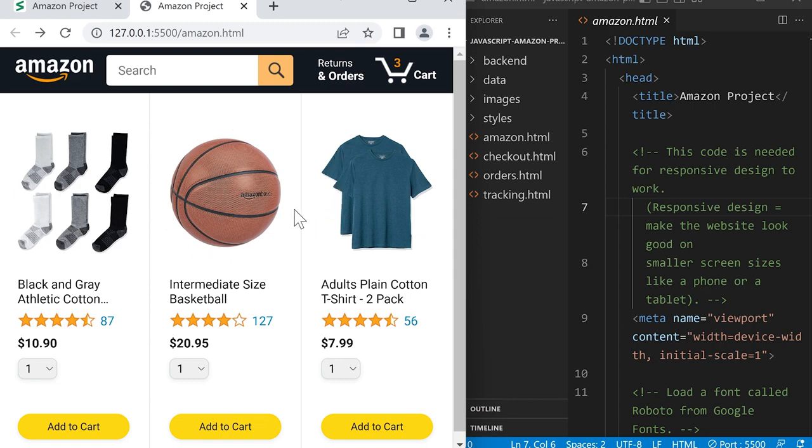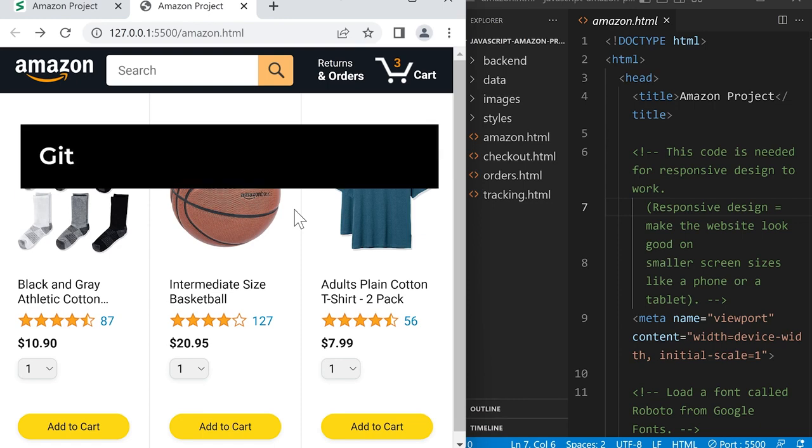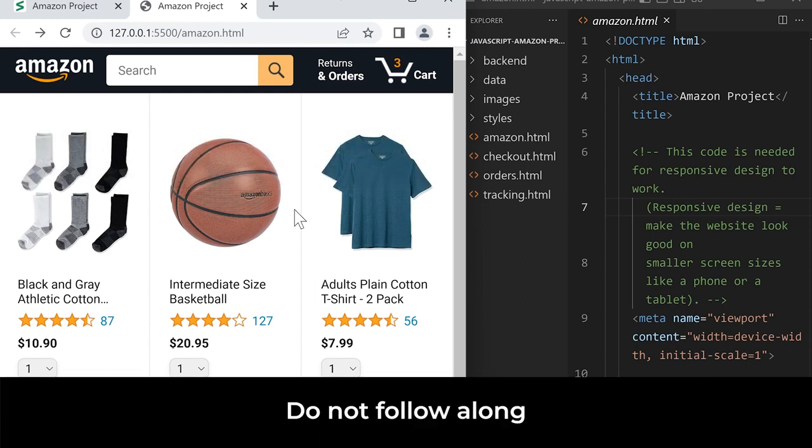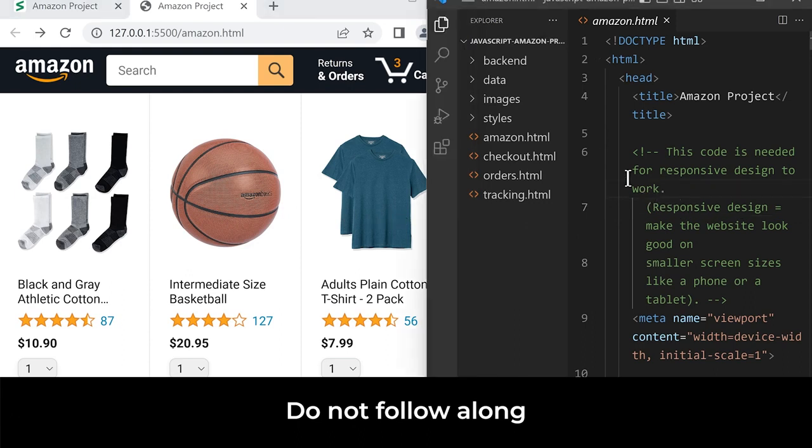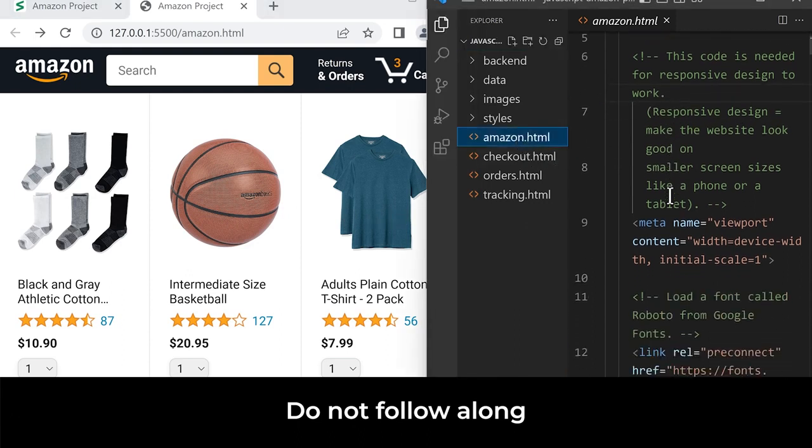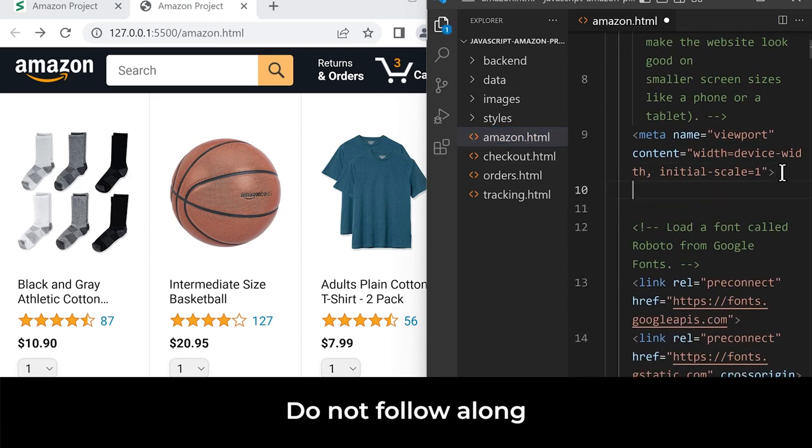Now, before we begin adding JavaScript to this website, we're actually going to take some time and learn another very useful technology called Git. So Git is a technology that lets us track changes in our code. For example, do not follow along here, but let's say that I'm working on this website and I go into my code editor and I change some code here. So let's say that I add some code here,